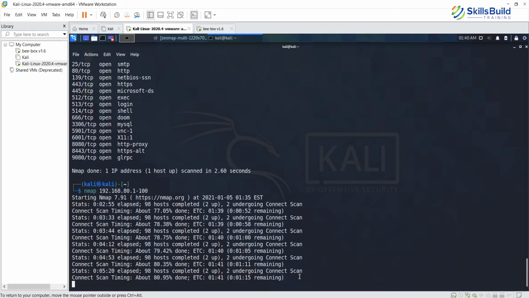Now this is taking pretty much a long time. It's gone up to 1 minute 15 seconds remaining. So let's just hold on for some time.